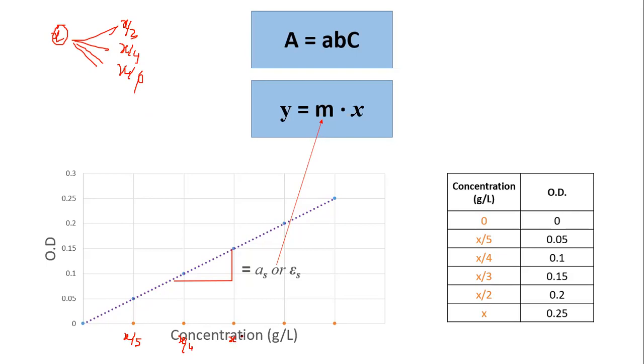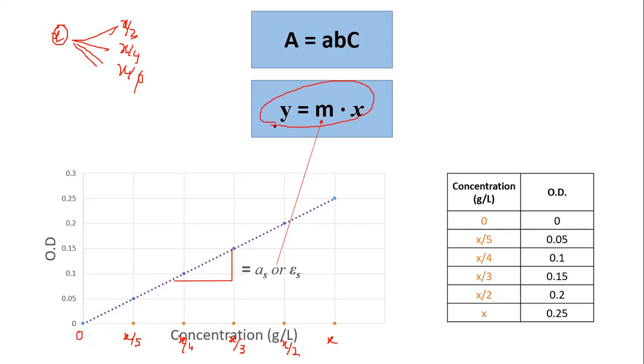Yes, sir. X by 3 is here. X by 2 is here. And X is here. And then you will take a zero concentration as well. That is called a blank, right? And by preparing these ranges, I can prepare a standard curve, the straight line passing through origin, obeying this equation